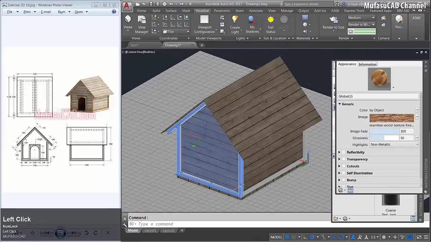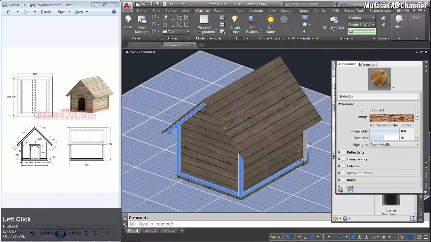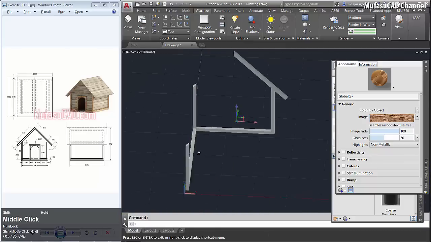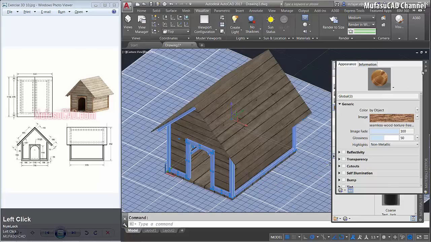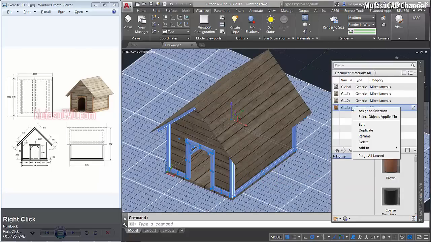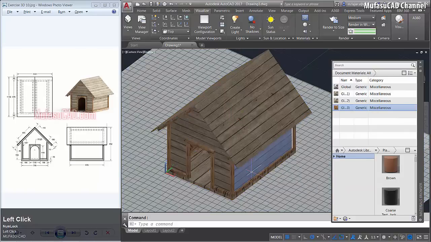Okay, select here, here, here, and then you can rotate and select this object again and click here, here, here, here, here, here, and then in here. Okay, close here and right click and assign to selection.